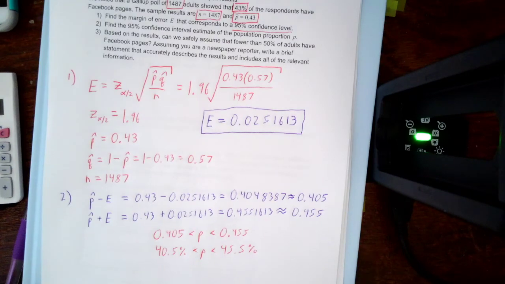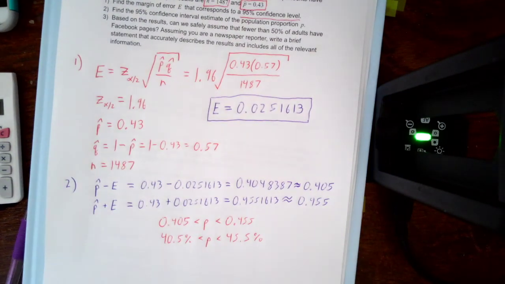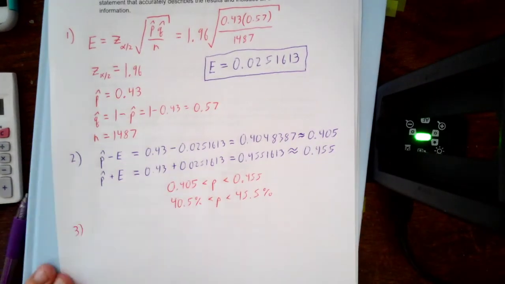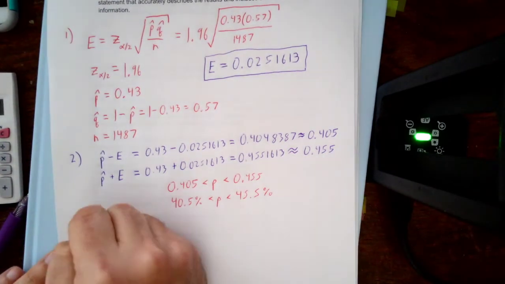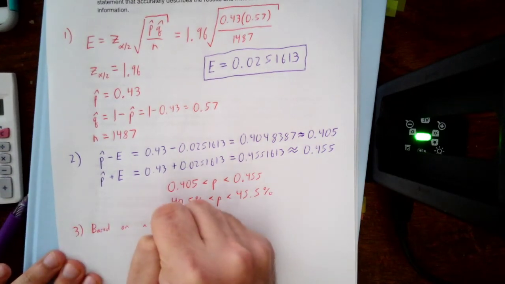So here we're going to interpret what we just did. This is where we understand and draw our conclusion. This is where we interpret our calculation, right? All we've done is calculate. Now we're going to understand. So for part 3, a potential answer for this sort of question could say, based on a recent